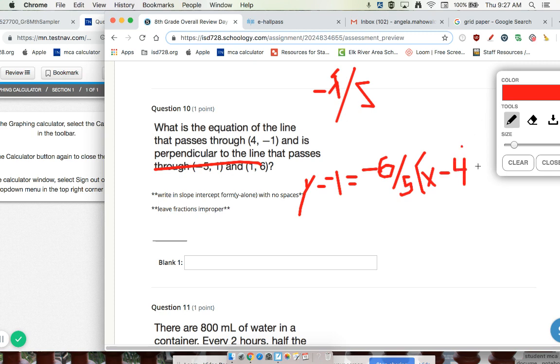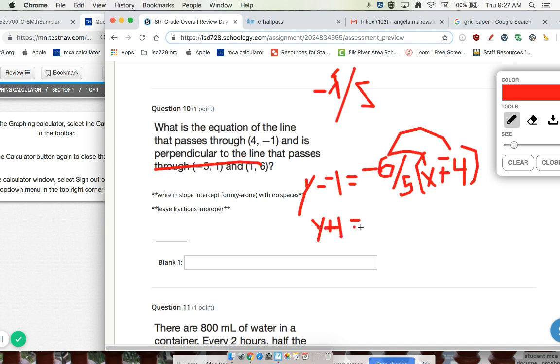Now I'm going to do two things at once for my next line. I have to distribute this fraction to the x and to the -4, and I'm also going to turn this into plus. So it will be y plus 1